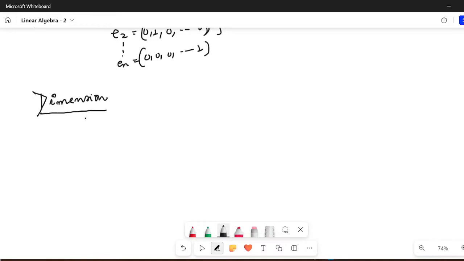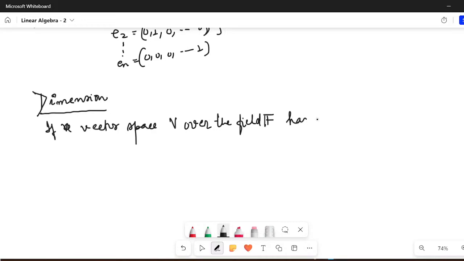If a vector space V over the field F has a basis containing n elements, or you can say n vectors,